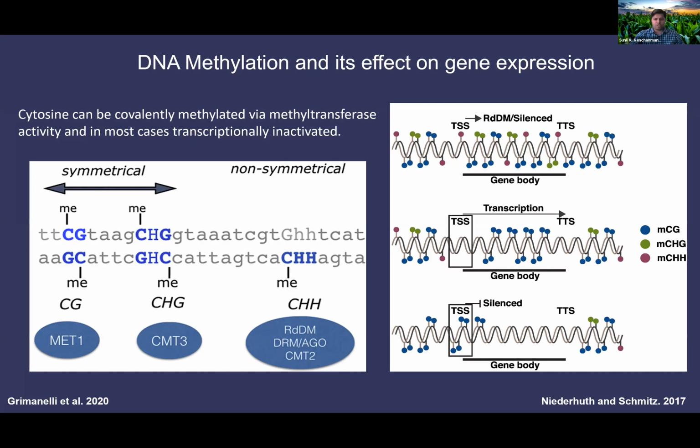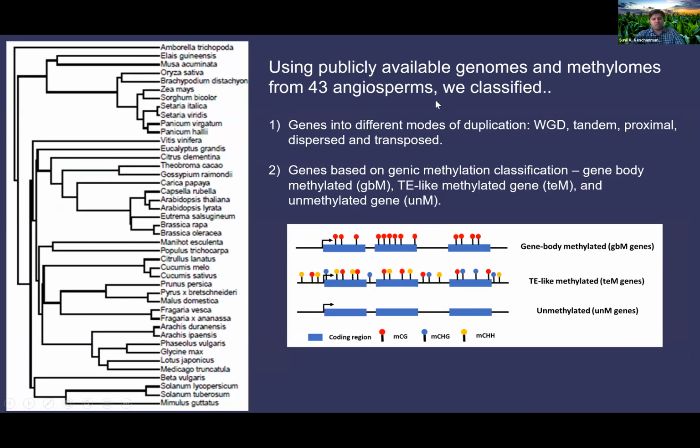So what we did was we used 43 angiosperms. As you can see, I used Amborella as our outgroup species. We used a bunch of monocots as well as prominent dicots like cotton, important families like Brassicaceae, legumes, as well as Solanaceae. And then we looked at the genes and classified them into different modes of duplication using tools developed by Andrew Paterson's group. And then we took the methylomes from these 43 angiosperms and classified the